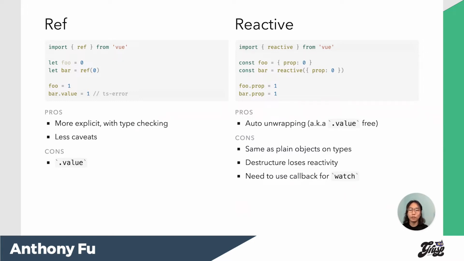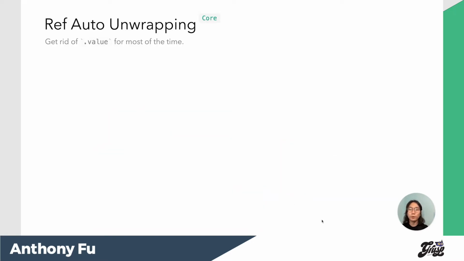Also note, in reactive objects, there are several caveats you need to take care about. Like you can't destructure without toRefs, otherwise they will lose the reactivity. And you will also need to wrap with a function when using with watch and so on, where ref does not have such limitations.